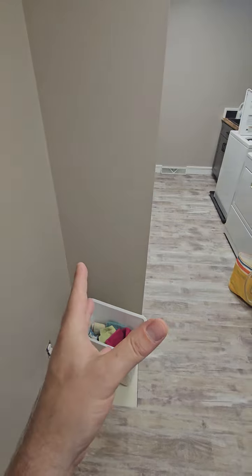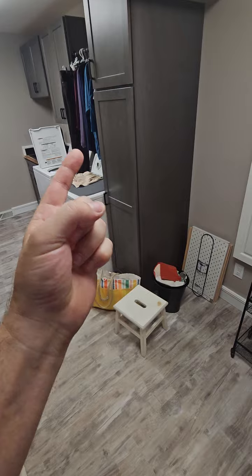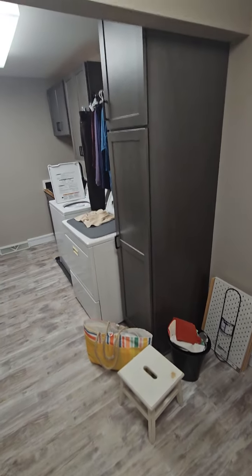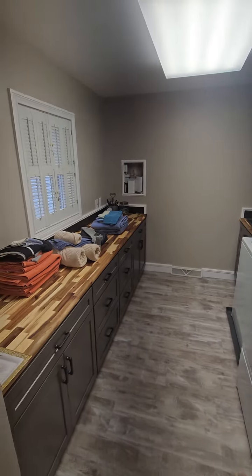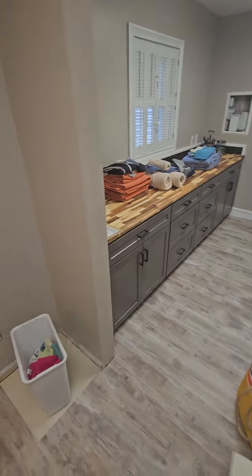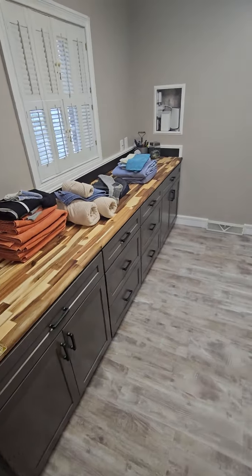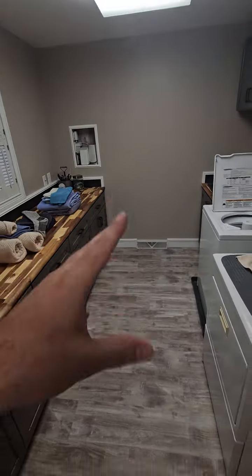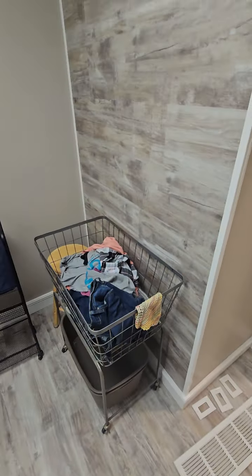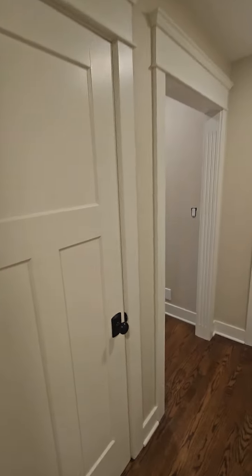When we actually got it in, one of the edges of the doors here and inside was actually damaged from the manufacturer from delivery. So we had to get that ordered. We're just waiting on that to come in so we can rest it in there and set it in place. But everything turned out really well in here. Like I said, with the handles and everything, laying the floor out, and they've already got their stuff in here going on. So moving on in this way,